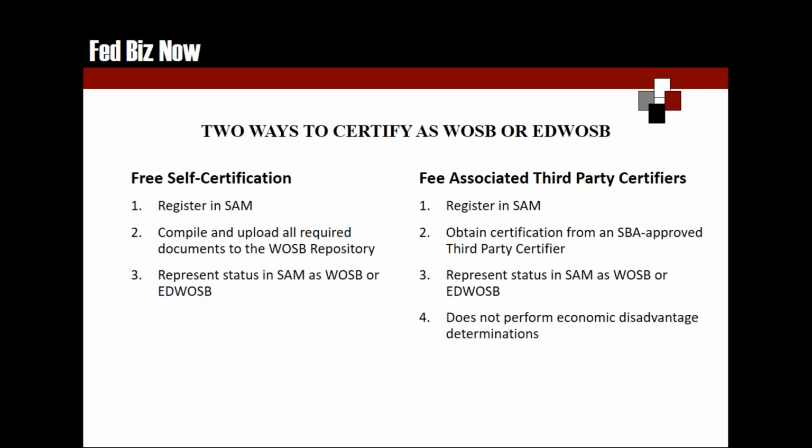So you just have a certificate that needs to be uploaded in certify.sba.gov. And then number 3, represent your status as a WOSB or EDWOSB. Again, I don't know if the third party does that for you or if you do it yourself. Once they give you that certificate, you need to find that out. And number 4,